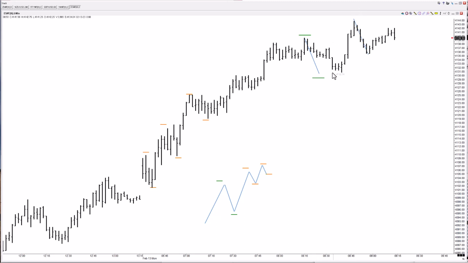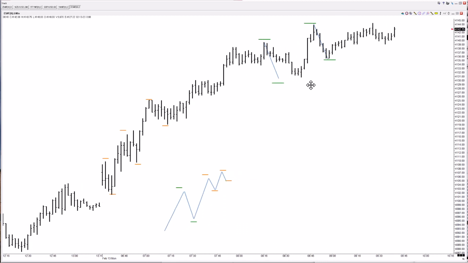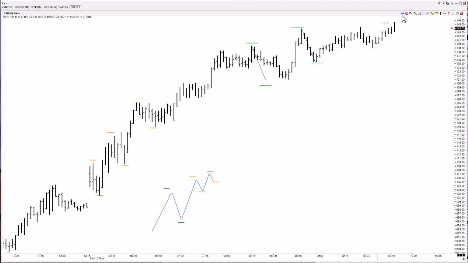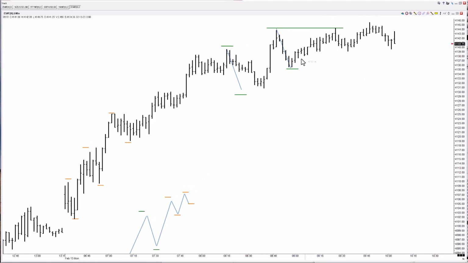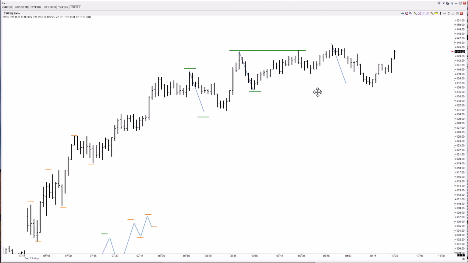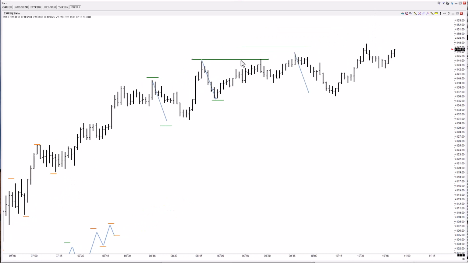So this is structuring a market as it goes from little tiny swings, right? They're in a hurry for it, then they open it up, but they're not changing direction, they're just opening it up. And if we're structuring, we can see, oh, that's all one big structure there. And then, boom, a new high.